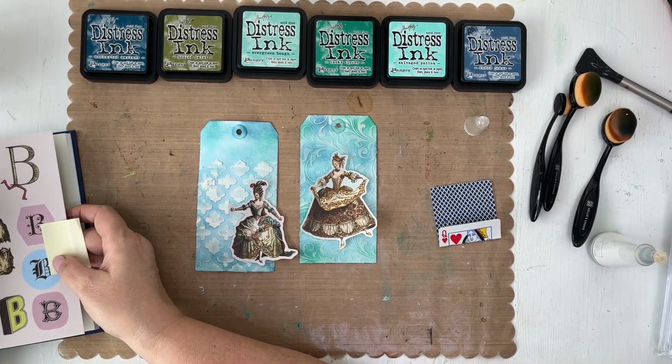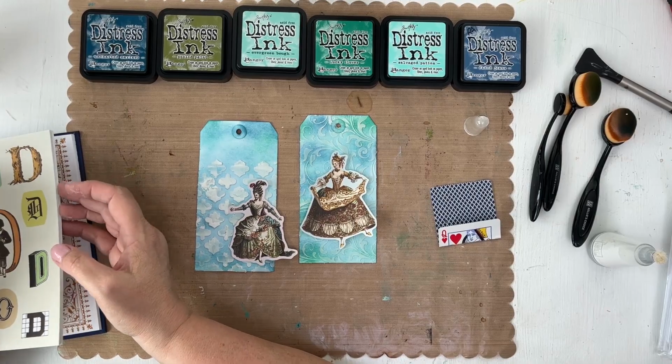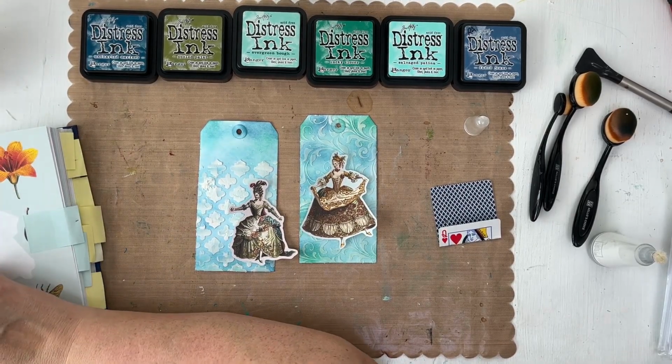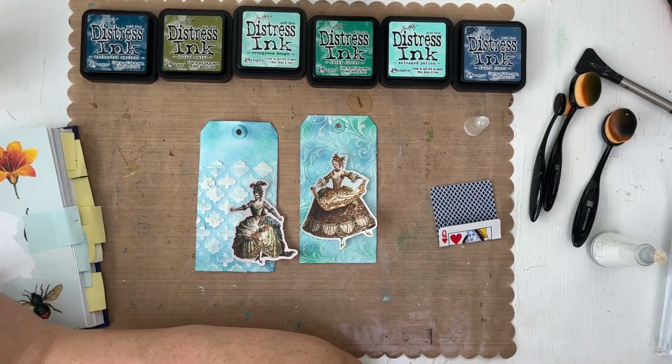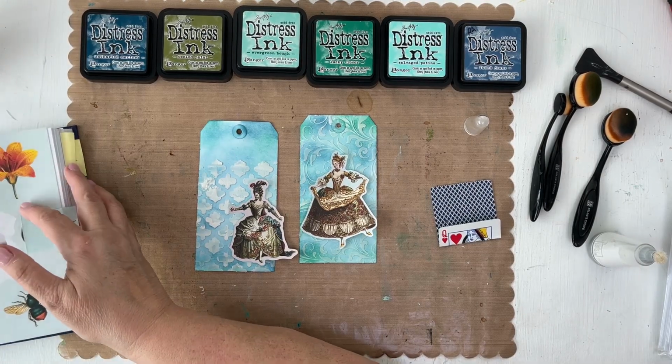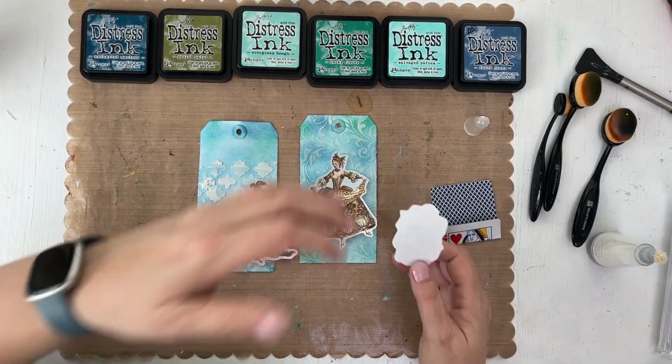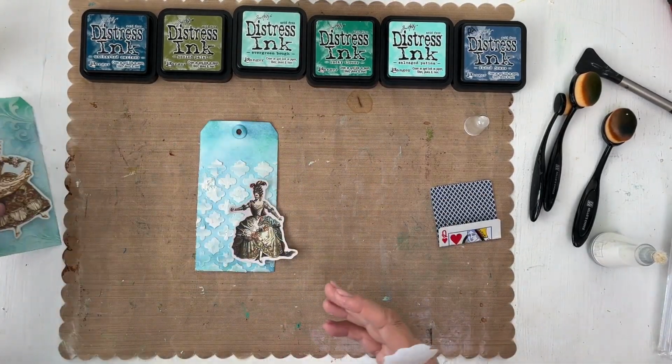So many pretty stickers in this thing. I really like this one. I'm going to pull this sticker. So I think that's probably it for here. We'll put this one aside for now. This one here,